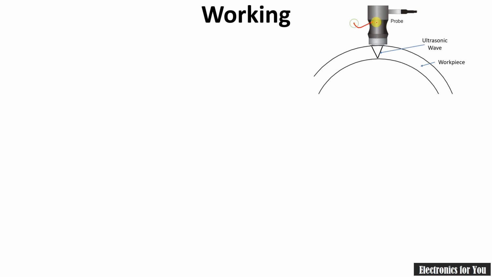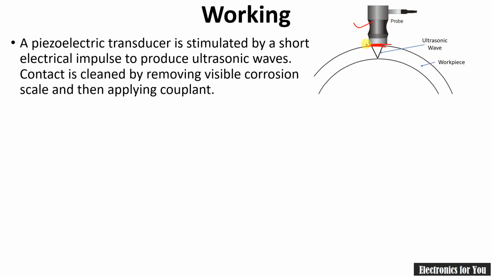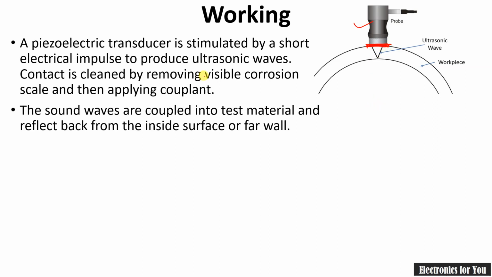We use the probe over the workpiece, and this gap is filled by the couplant, but one care should be taken that this surface should be kept smooth. For that, you have to remove some corrosion if it is visible there. Then you have to remove some paint if it exists there. Then you can apply couplant here, and it will measure the thickness by transmitting the sound energy here,